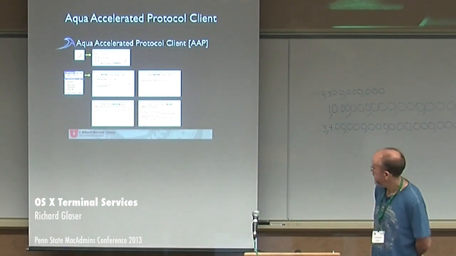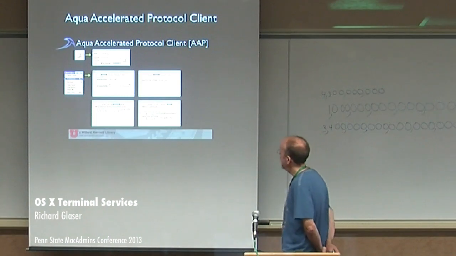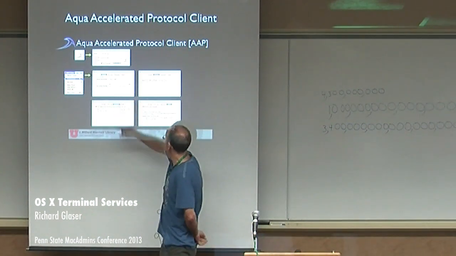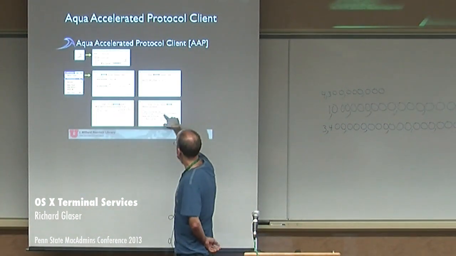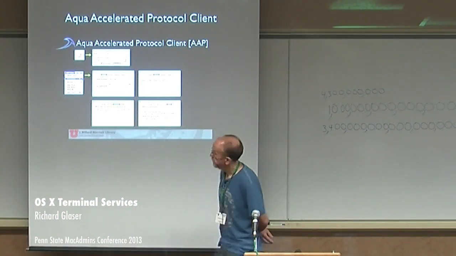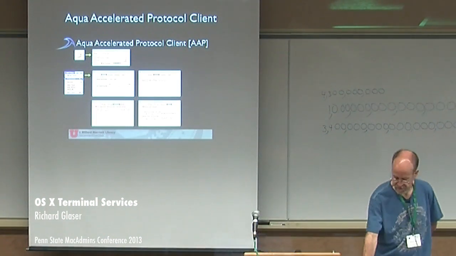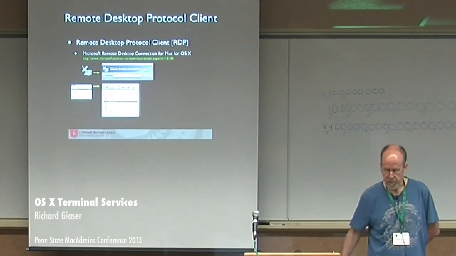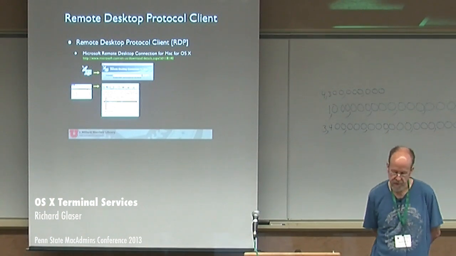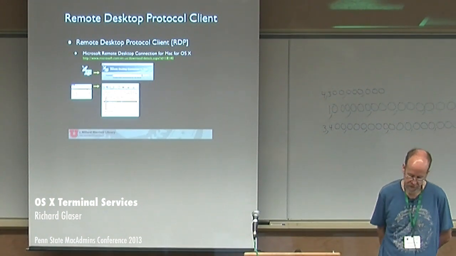Here's an example of the OS X GUI. A couple of notable items: you can set the display resolution, and you can do audio synchronization with video. You can also set the server name and password, etc. RDP clients: the Microsoft Remote Desktop Connection tool you can use with Aqua Connect.